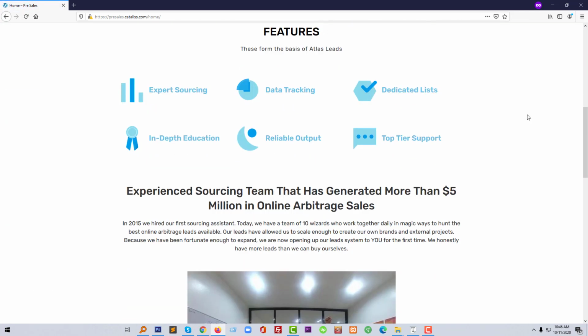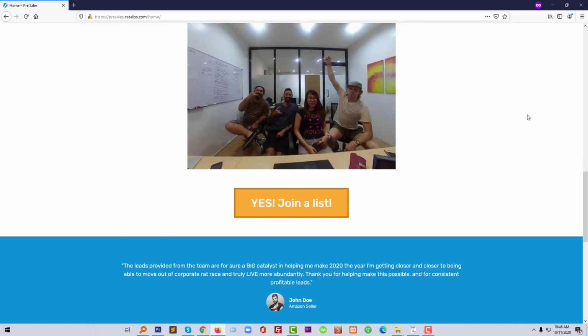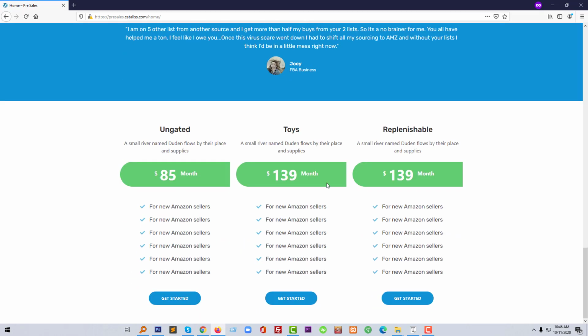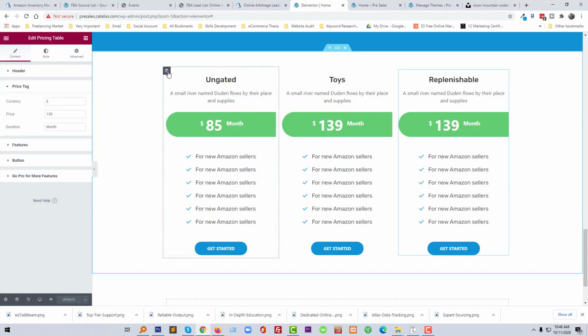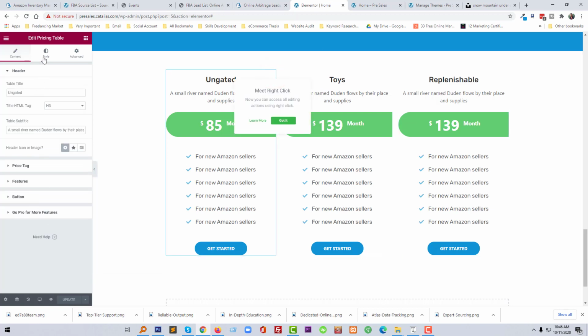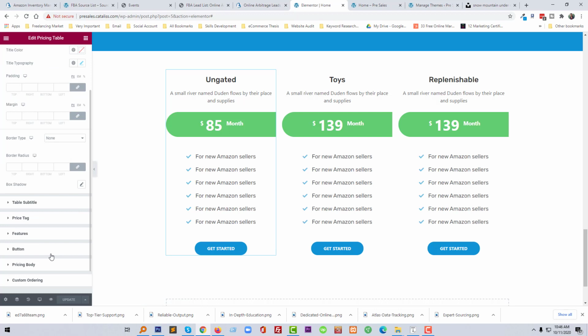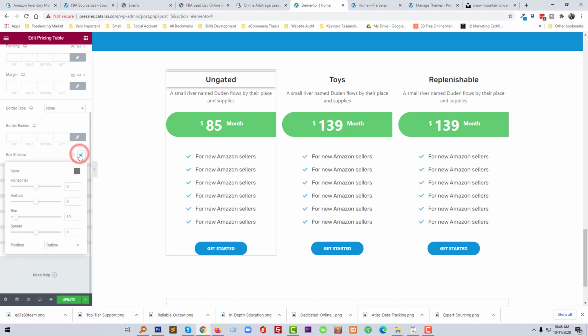Now it looks so awesome, and we can add some box shadow to each section. For example, at here, style, box shadow,